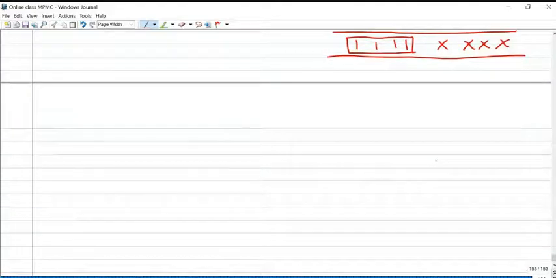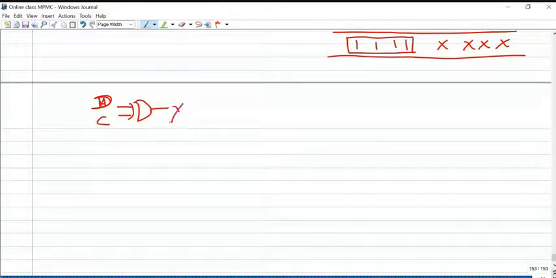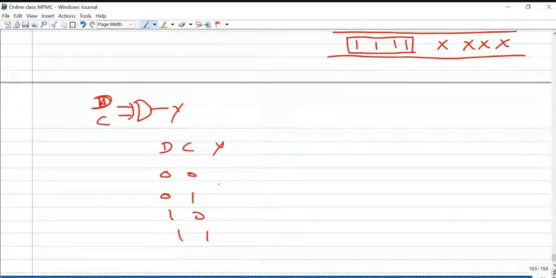Next one, XOR operation. So if you remember the function of your 2-input XOR gate, let us make a D and Y. I'll tell you why it is called so. 00, 01, 10, 11, 4 possible combinations. If both inputs are 0, XOR gate output is 0. If both inputs are different, then your XOR gate output is 1 for 2-input XOR operation.